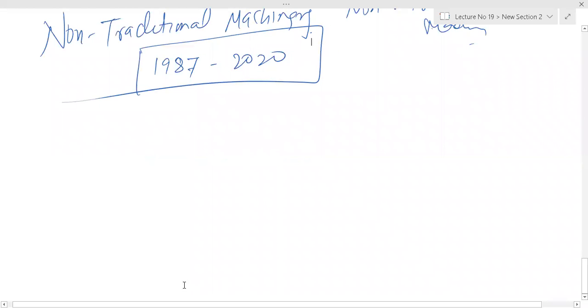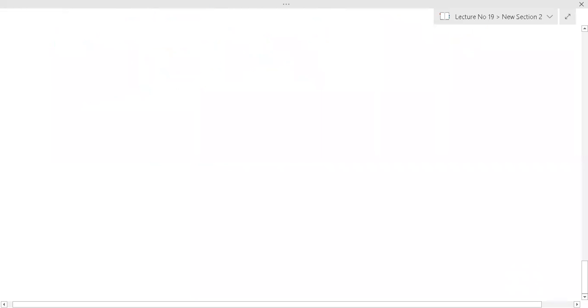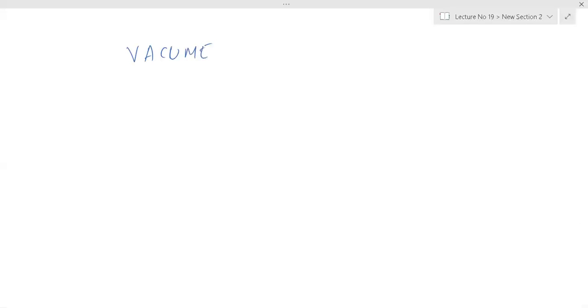Okay, few questions. Now welding will start, because I have to complete it. Already discussed: LBM requires vacuum, plasma arc machining has no vacuum. Vacuum is the difference. Other differences, apply your common sense.